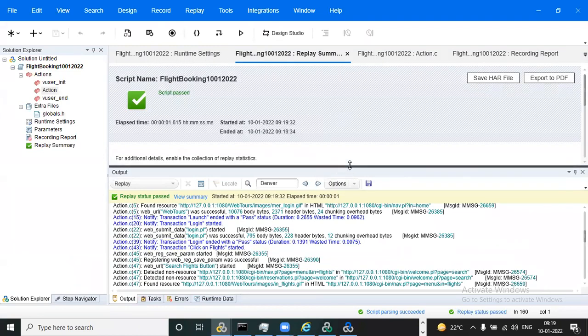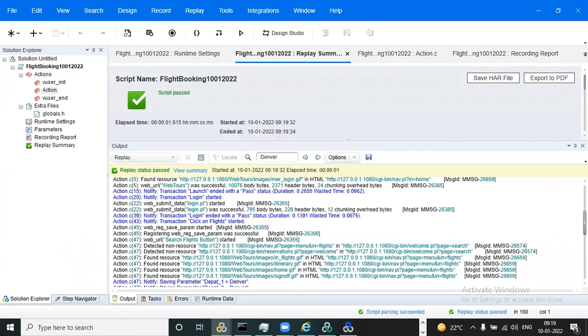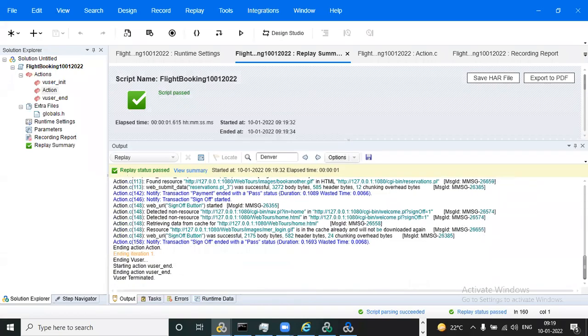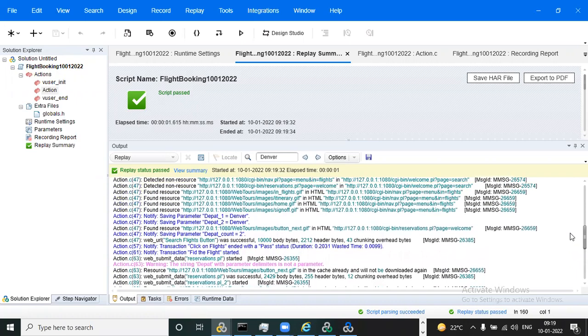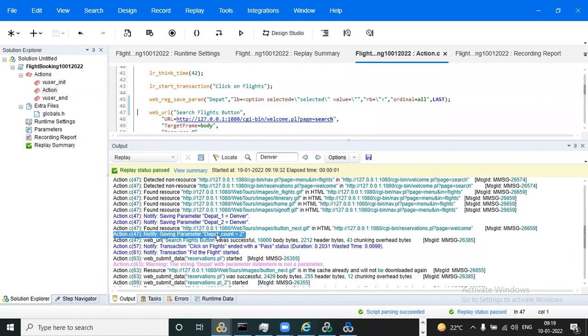Now we can observe in the output window. Only departure Denver, a 2, came.